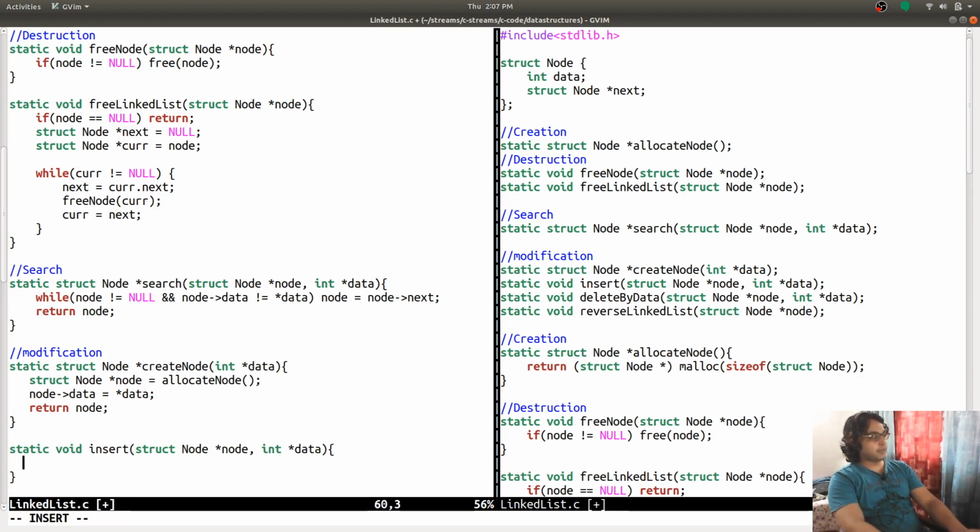In this case I'm going to insert at the end, because this is a function which is not returning anything, so I just return at the end and let the head pointer stay where it points as the head. Otherwise, if I insert at the beginning of the linked list, then I will have to return the current head so that it can be used by the program to point to the new head.